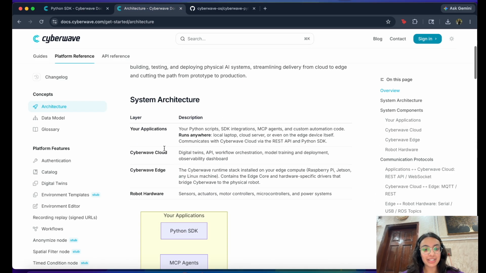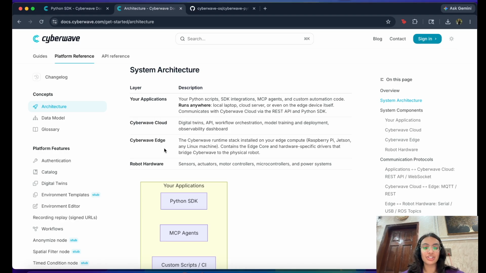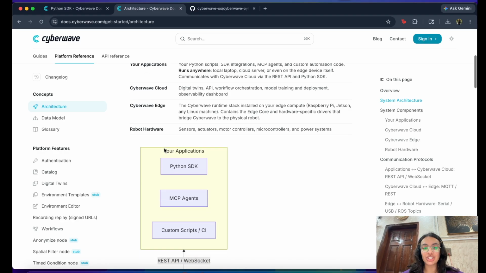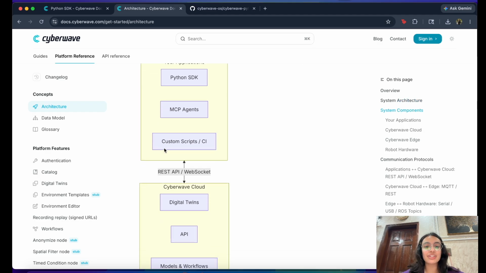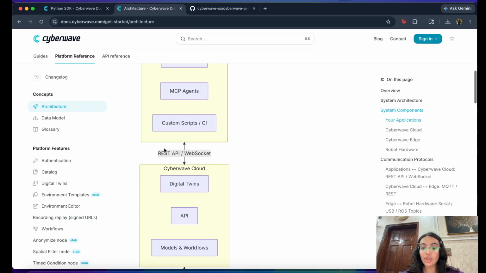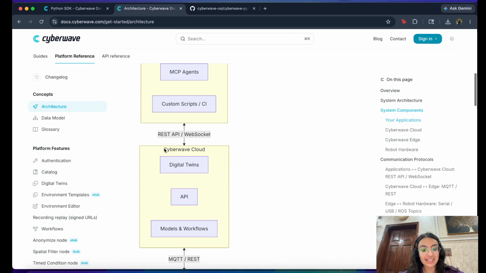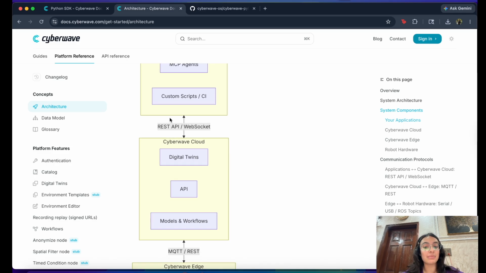Your entire Python application runs locally on your laptop or workstation, while Cyberwave handles the communication layer between your application and the physical robotic hardware. Whenever your application generates an action command, Cyberwave securely routes these commands through the cloud and delivers them to the actual robotic arm in real time. This means you don't need to worry about any low-level networking, hardware communication, or deployment pipelines. Under the hood, the Cyberwave SDK establishes an MQTT connection between the Cyberwave cloud and the robotic arm, allowing all the commands generated by your Python application to be streamed directly to the robot for execution.